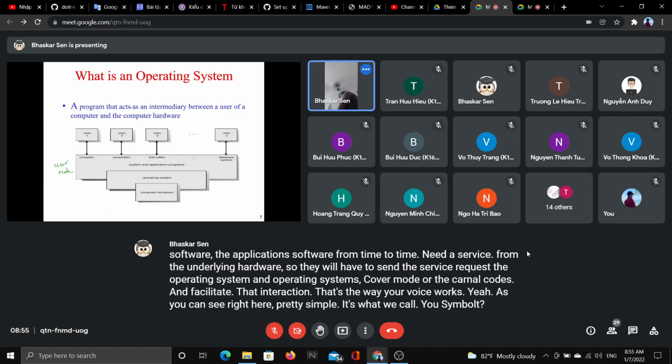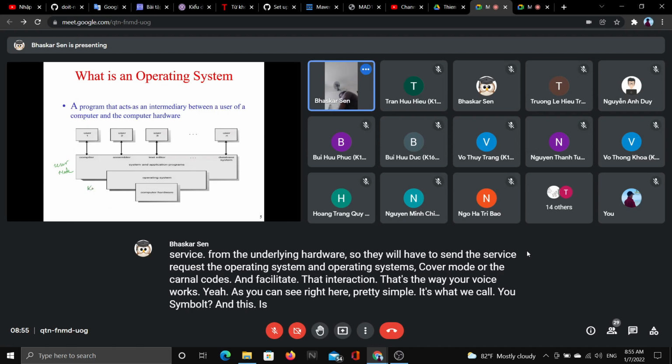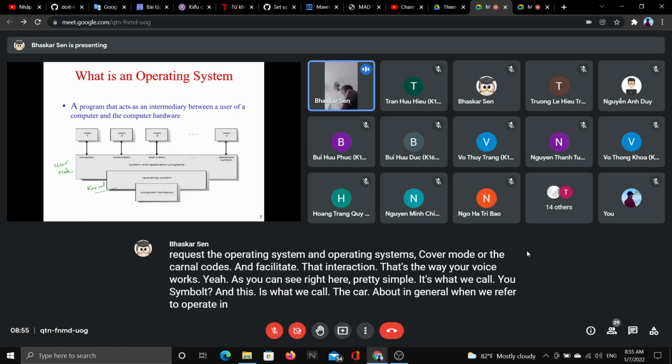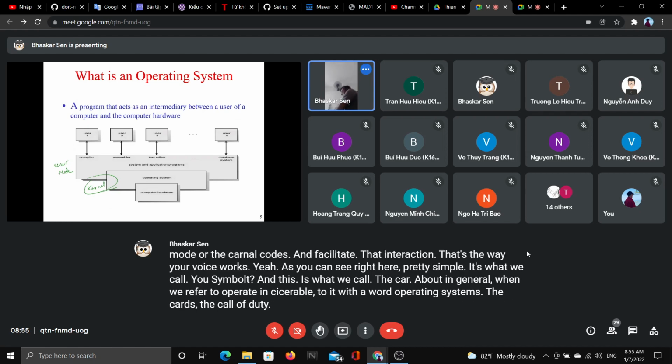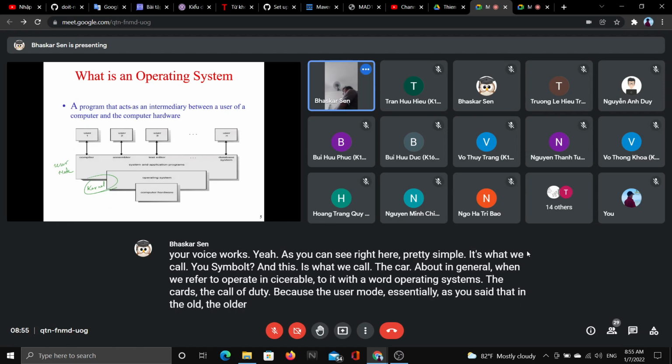And this is what we call the kernel of the operating system. In general, when we refer to the operating system, it means the kernel, the core of the operating system. Because the user mode, essentially, as you said, in the older versions of operating systems, like